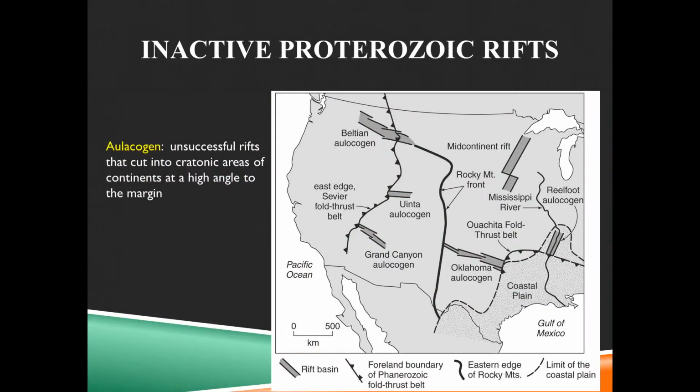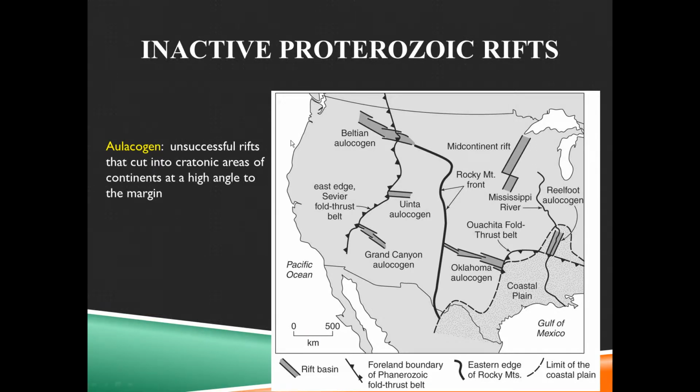So looking at the really simplified map version, we can see the area we were looking at before, and we can see that that rift system extends far beyond just the southwestern U.S. And this lets us introduce a new term, an aulacogen. An aulacogen is an unsuccessful rift, specifically a rift cutting into a craton at a high angle to the margin